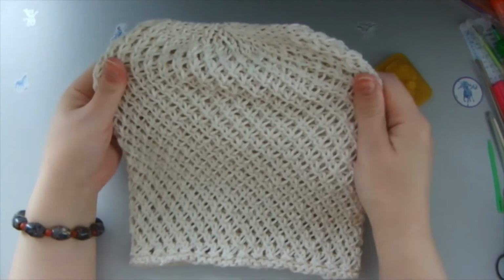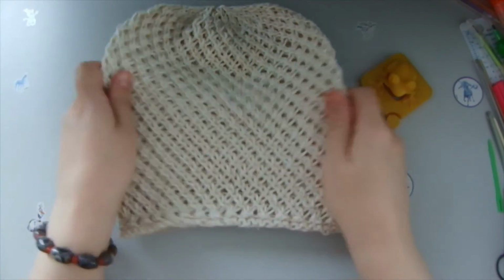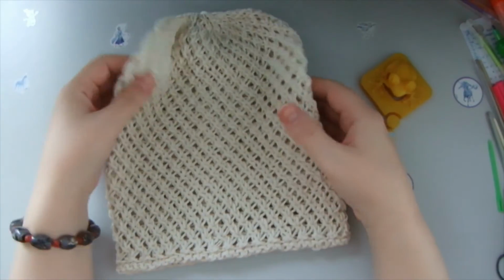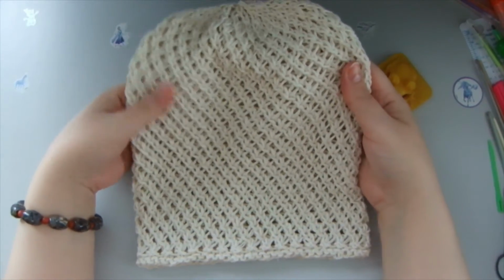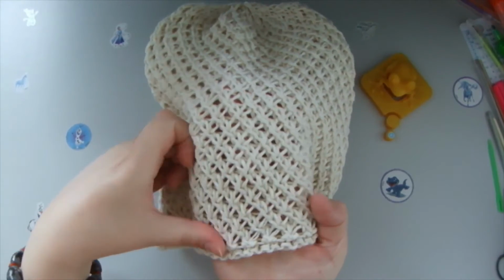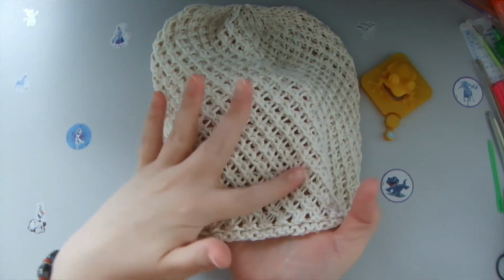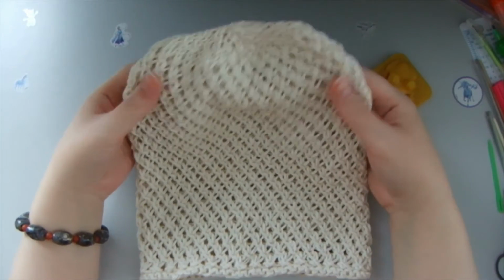This is my brand new hat for me to show you how it's finished. As you can see, it's very lovely. It's stunning. It's very wearable, very beautiful, slightly open work. You see, you get slightly open work here. Breathable cotton yarn for the summer evenings, for the summertime,